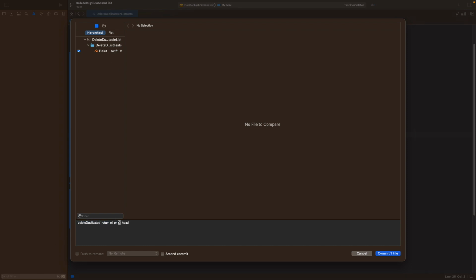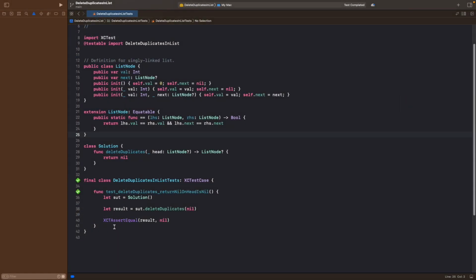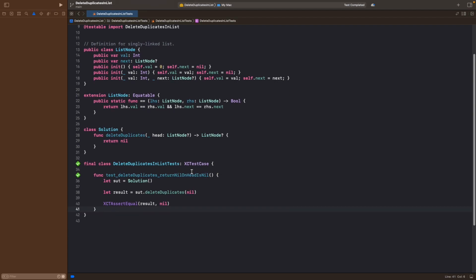Delete duplicates returns nil on nil head. Cool. Okay, so what if right now we don't want to return nils when we have, for example, a single head? So we could try to test that logic. So, function test delete duplicates returns non-nil on single head, right here. So we need the solution here, and then we need the result, for example, and this head is the list